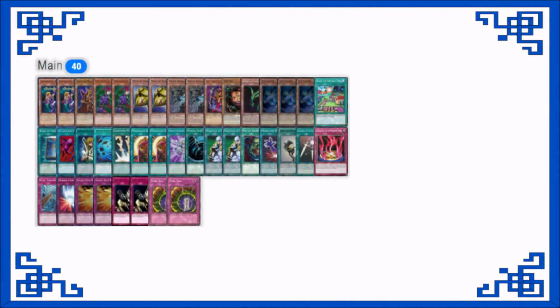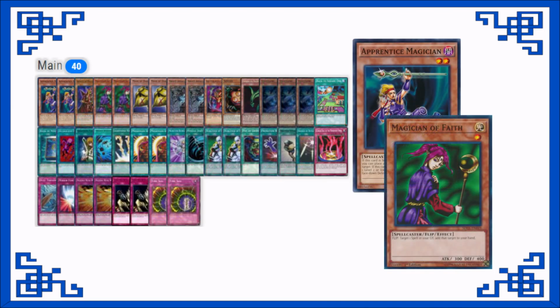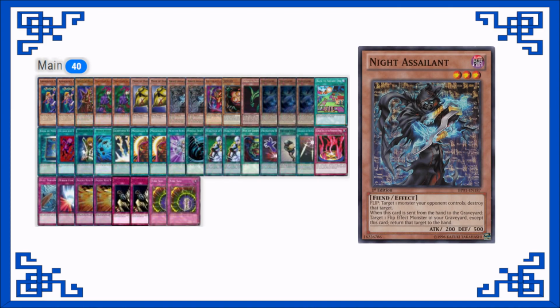Masks of Suku is the last unique deck in this tournament, which has been quite diverse in naming at the very least. This is a flip effect centric deck. We see Apprentice Magician and Magician of Faith returning, with the addition of Old Vindictive Magician, which offers a bit of monster removal. Night Assailant is another flip effect monster removal option, but it can also retrieve other flip effect